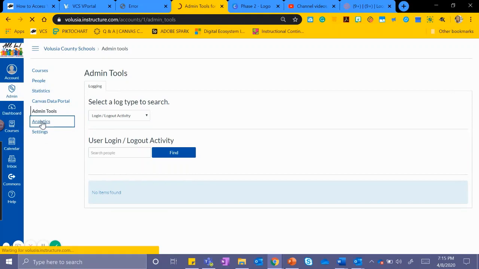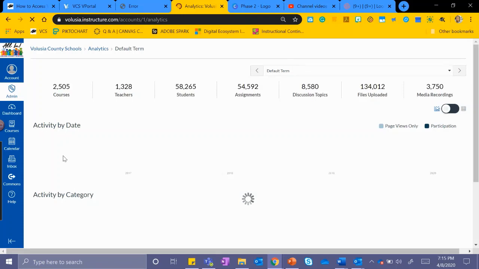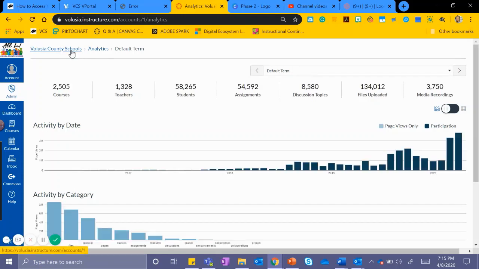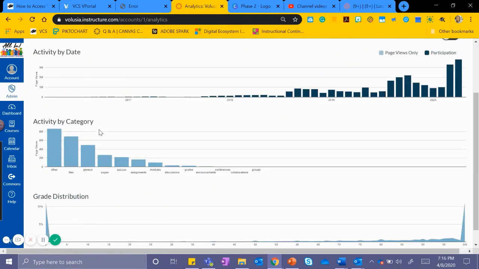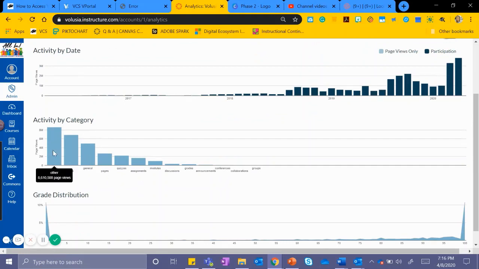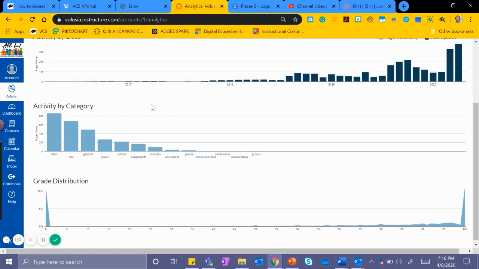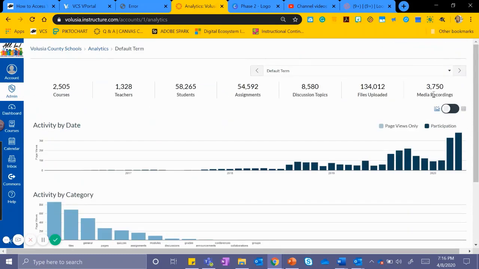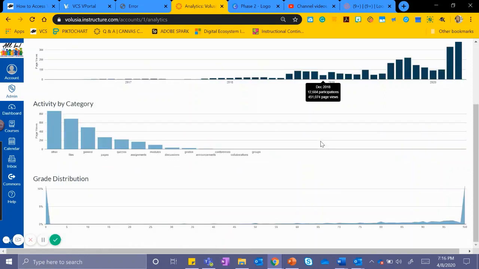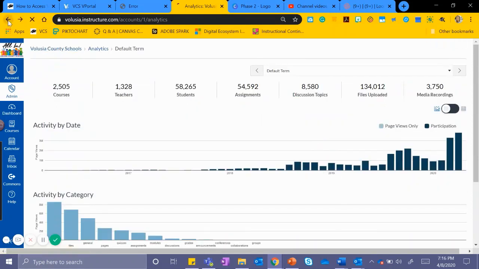We can move on to see analytics. Since I am in the Volusia County School sub-account, this is a large amount of analytics, but you can also see activity by date, by category, and by grade distribution. You have options up here to identify any media recordings, file uploads, discussion topics, and so on and so forth. You have page views only, as well as participation. So this is a great page view to identify overall analytics for your sub-account. If we go back,